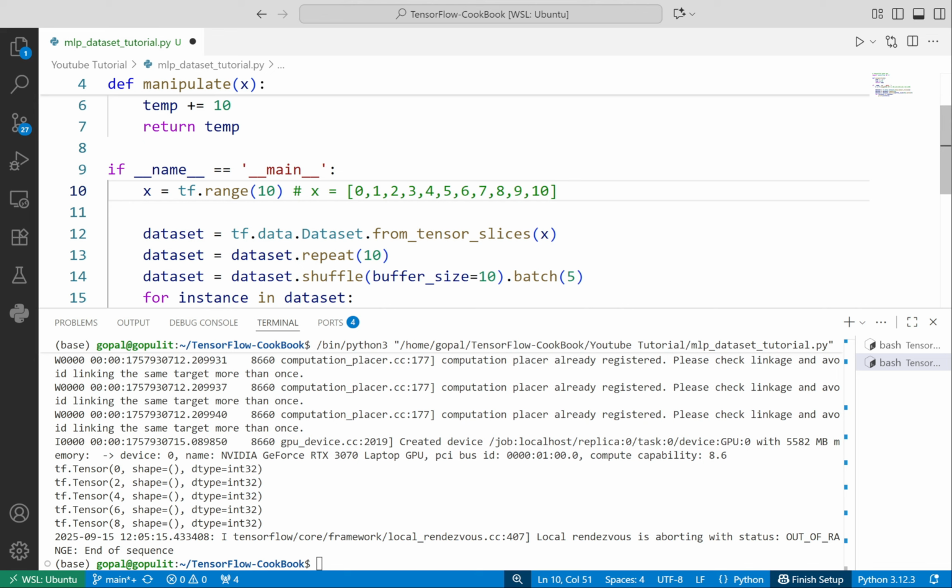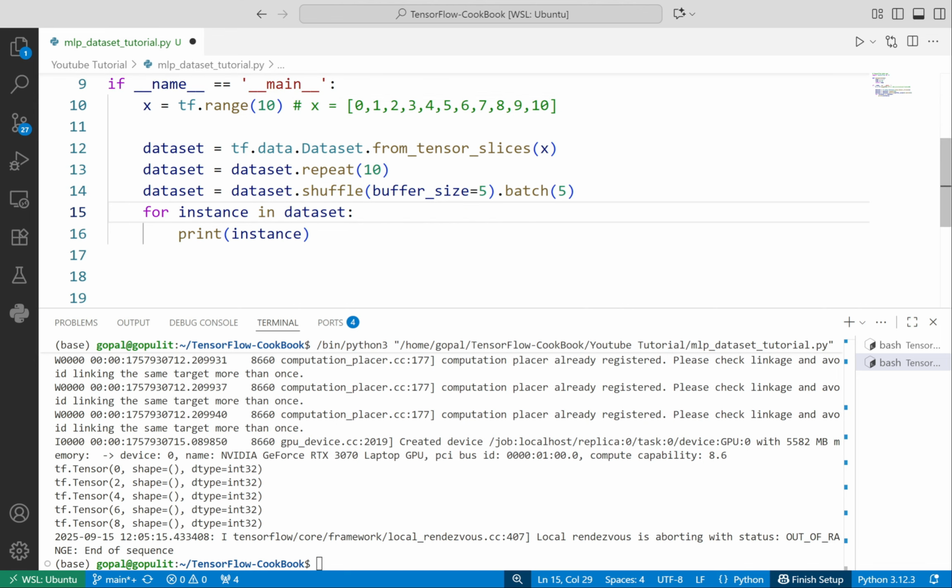Now how does the shuffle work? Let's say I make a shuffle buffer size of 5. So it will first of all take elements from the data set. It will create a buffer, or you can imagine it will simply create a storage of 5 elements. It will take the first 5 elements and store them in that storage, and then shuffle these 5 elements.